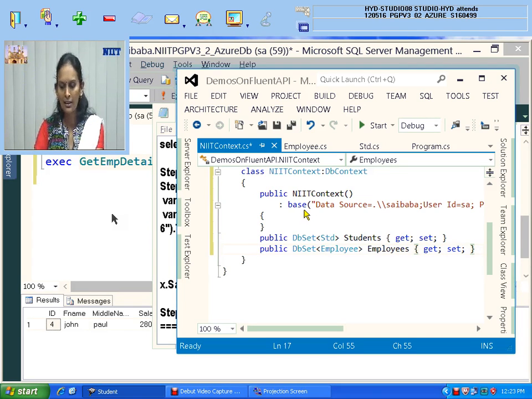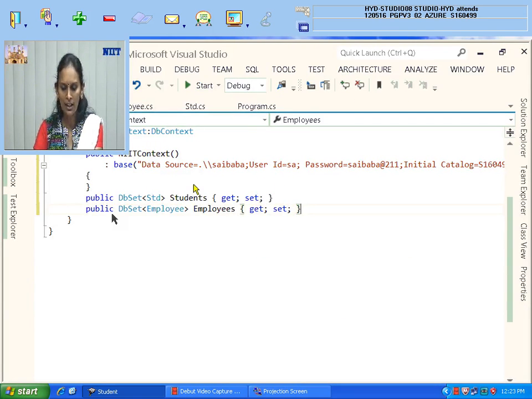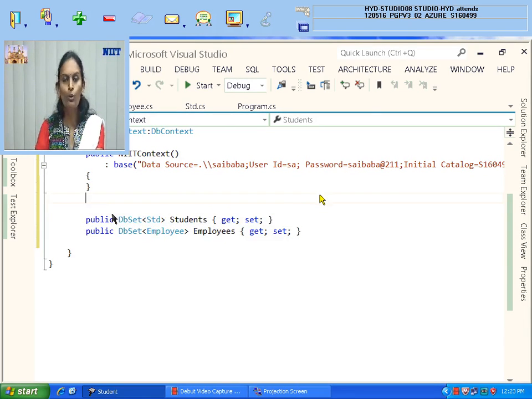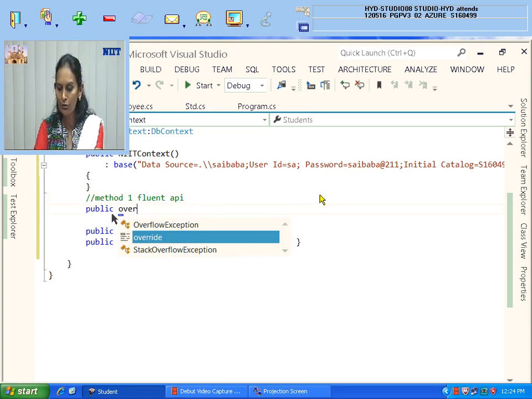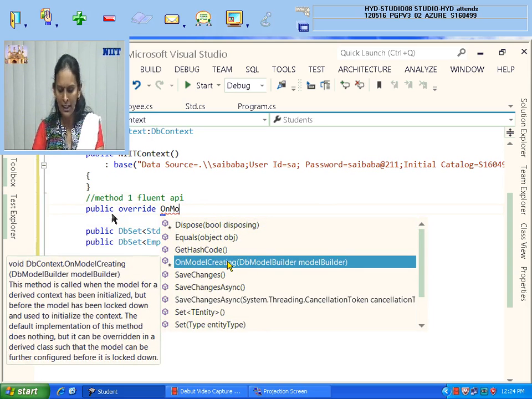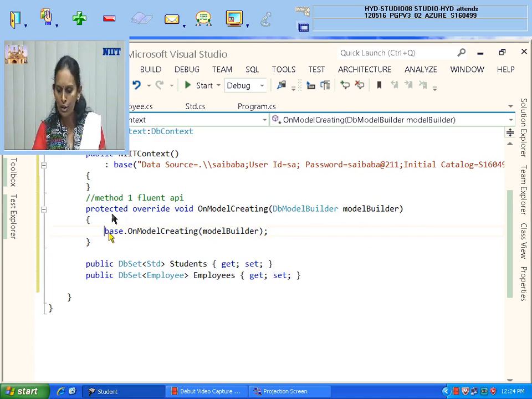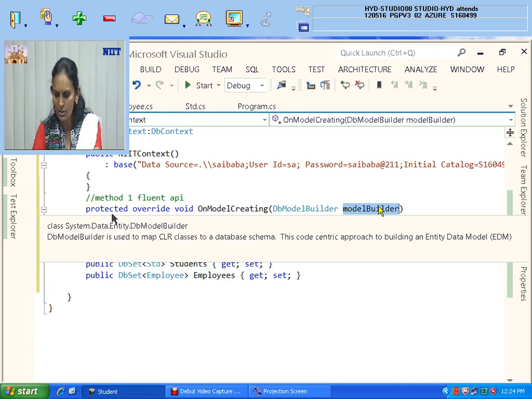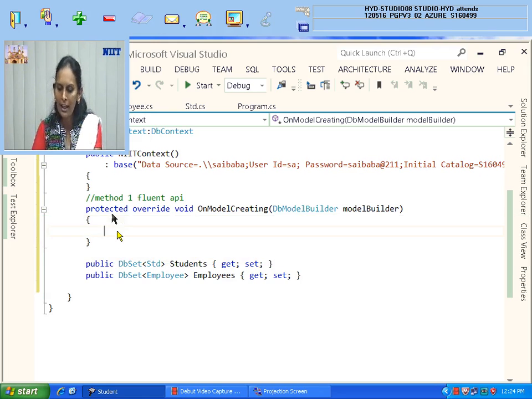You can see that till here everybody knows. Within the same class you have to override one function to specify this, to apply method 1, Fluent API. Method 1 Fluent API. How do you need to do it? I said that you have to override. What is that? OnModelCreating. See, it is automatically showing OnModelCreating. If you press Tab, automatically it will write the argument and everything. So remove your middle work. What is the argument name you see? Don't look at the data type. The argument name is modelBuilder. With the help of that, I can do everything with the fluent dot.